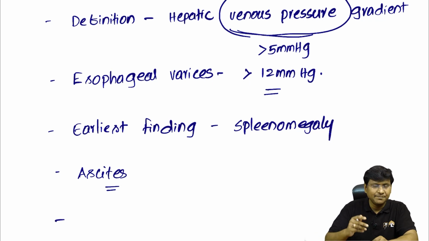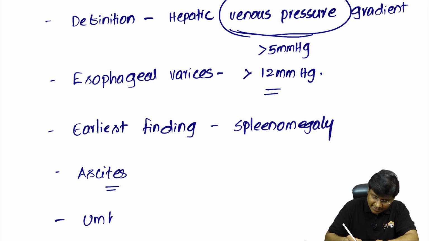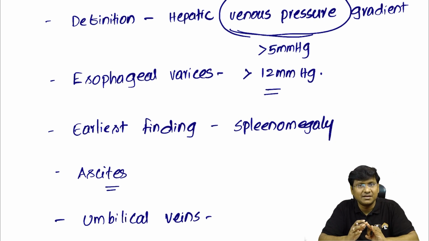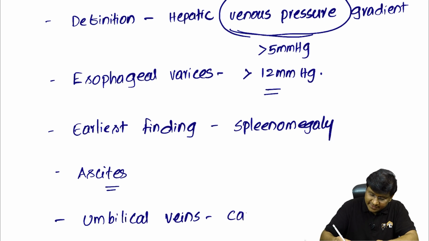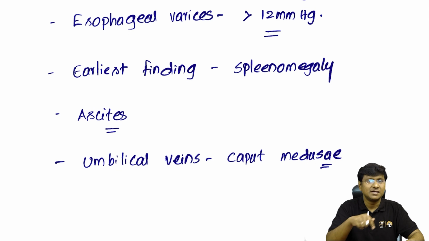Then subsequently, the three important places where you have the anastomosis of the portal vein: the portal vein has anastomosis with the esophageal vein. So whenever portal venous pressure is increased, there will be esophageal varices. Whenever these esophageal varices rupture, the individual will have hematemesis. And the other place where the portal vein has anastomosis is with the umbilical veins, right? So when the portal venous pressure is increased, the pressure within the umbilical veins will be increased and that will result in the development of the caput medusae,